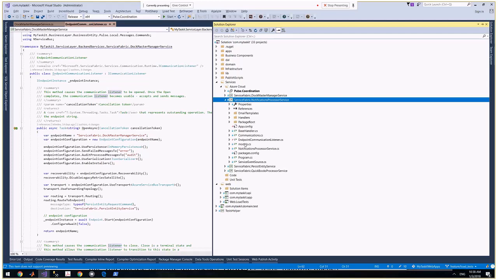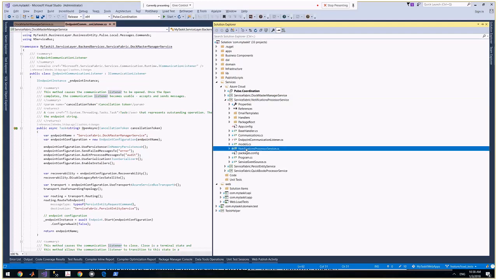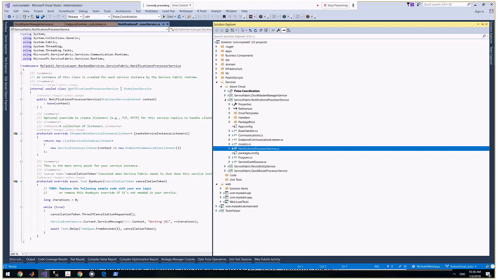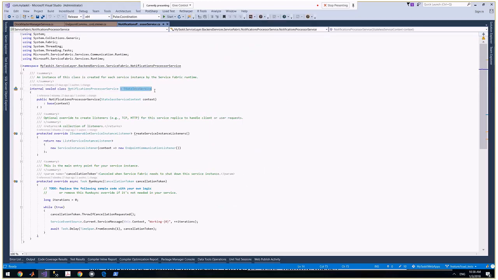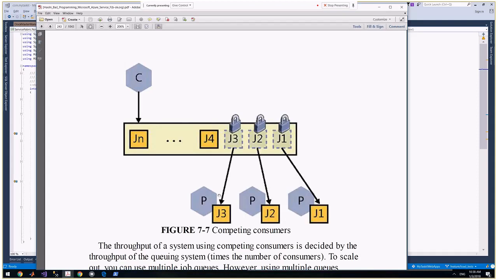Now I want to point your attention to using the API that's coming with ServiceFabric. If you look inside of this notification processor service, this is using the API. You see the stateless service. What stateless service means is that on each node, let's say this is a 3-node cluster, but we have 5 nodes, so you have 5 of these P's, if you create your service,